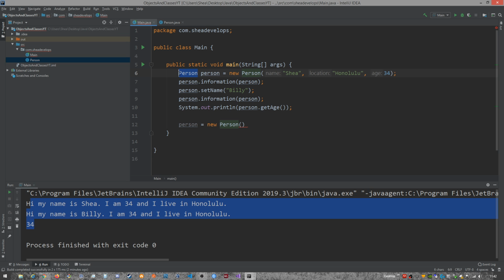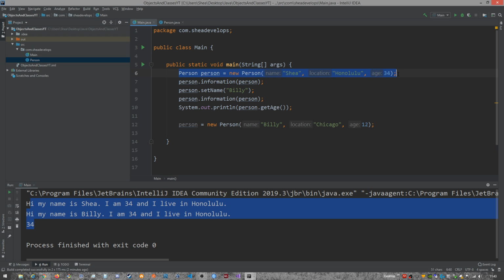Like, remember, this is our type, so it'd be the same thing as doing int one equals 10 or 1, whatever. This int is our data type, so it's the same thing as our person. So remember, I said we're creating a new data type, so we want to make sure that we're putting that there. So let's create a new one for, like I said, Billy, who lives in Chicago, and Billy is 12. Alright, so now